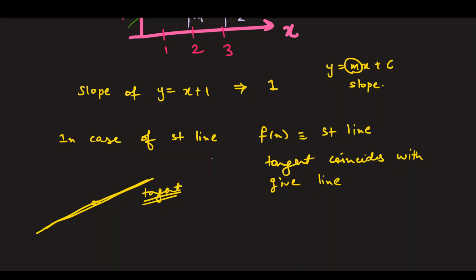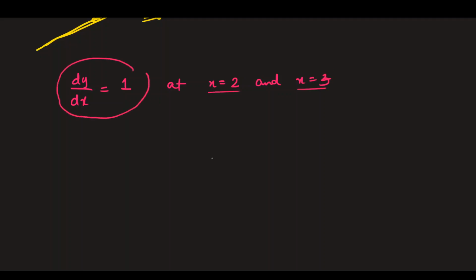Okay, so the equation becomes d of y by dx is equal to 1 at x equal to 2 and x equal to 3. We are interested in these 2 points, but we get a constant, dy by dx equal to 1, in this case. Okay, so